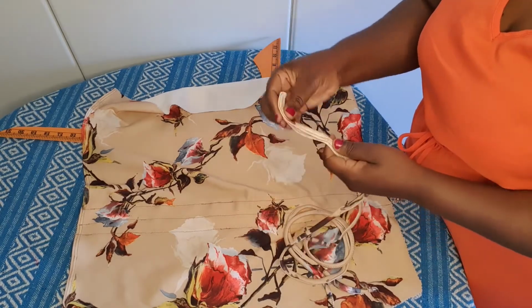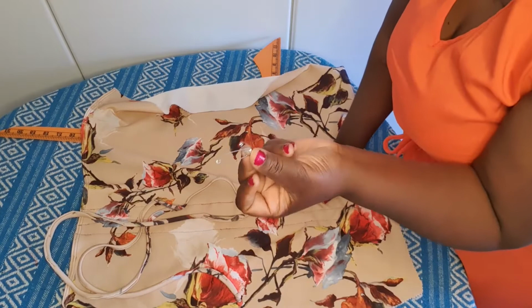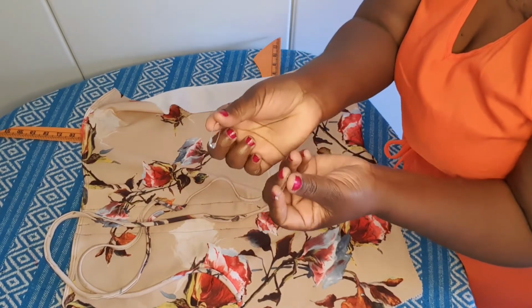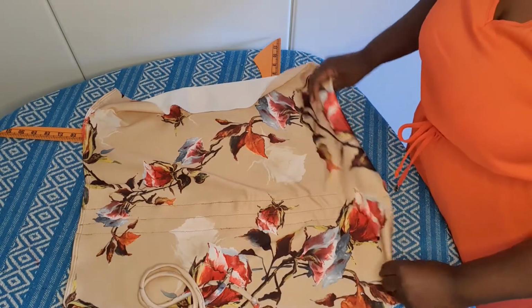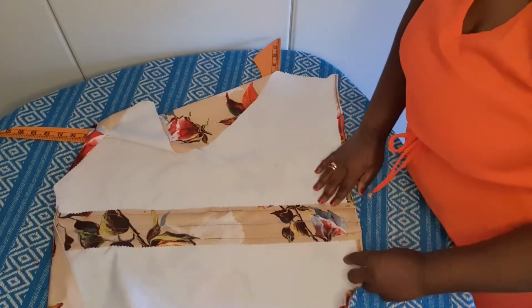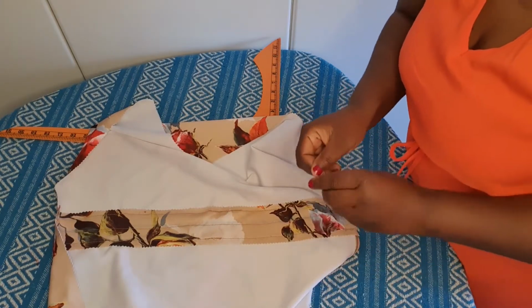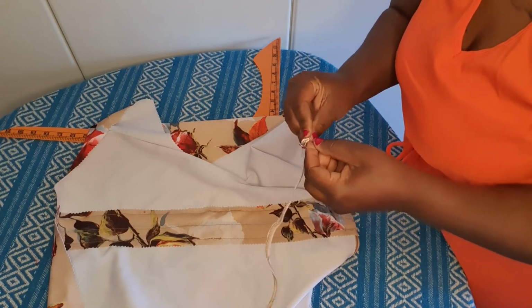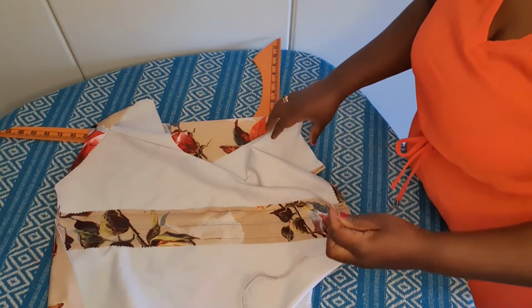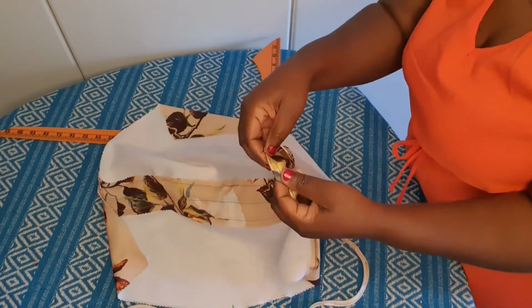I'm going to feed it in through the channel using safety pins. Okay, you can use other methods, but I just use a pin. I'm going to feed it in from the wrong side. So I'm going to just go through. What I'm going to do is just pick one of them, attach your pin there, and feed it. So from the hem, and the other thing I did to finish off the hem,